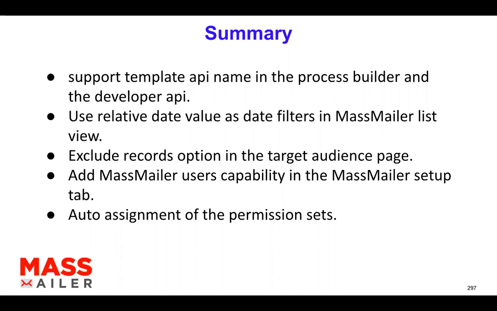In the MassMailer list view, as you know, you can apply the filters. The date filters that you apply used to be just the simple date, but now you can actually use the relative date values such as today, yesterday, last month, kind of date values as date filters. When it comes to sending out